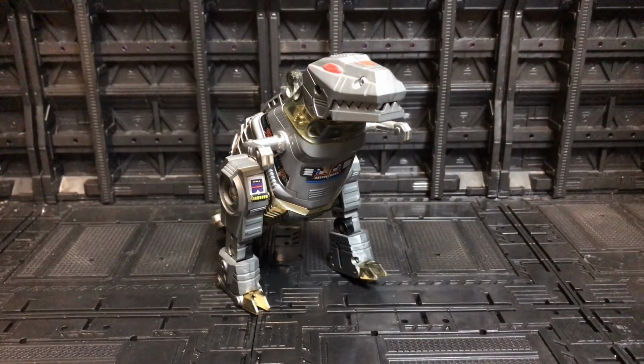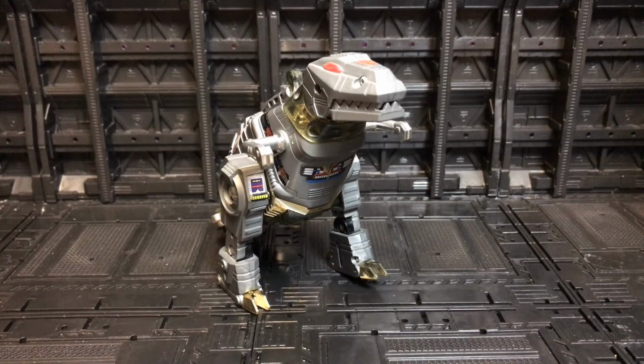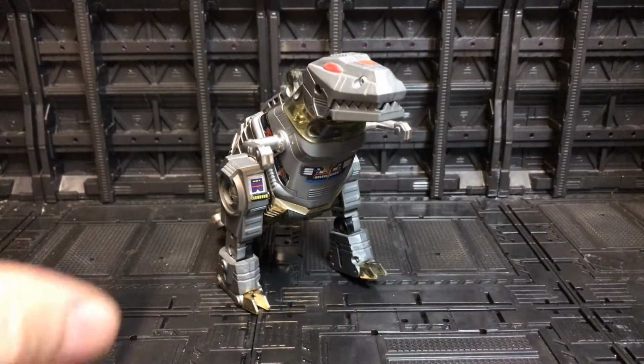So this version of Grimlock is actually one of my favourite G1 figures of all time. And we would usually look at the box art at this time, but I don't have the box for this figure, as this is one of the ones that my brother passed to me. So I don't actually have any box to show you, but the box art was just the classic G1 box. But we can look at the main event himself, and this is one of my favourite alt modes